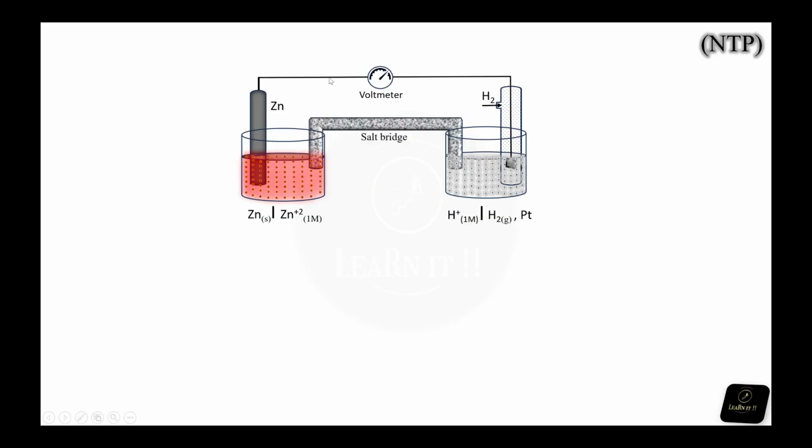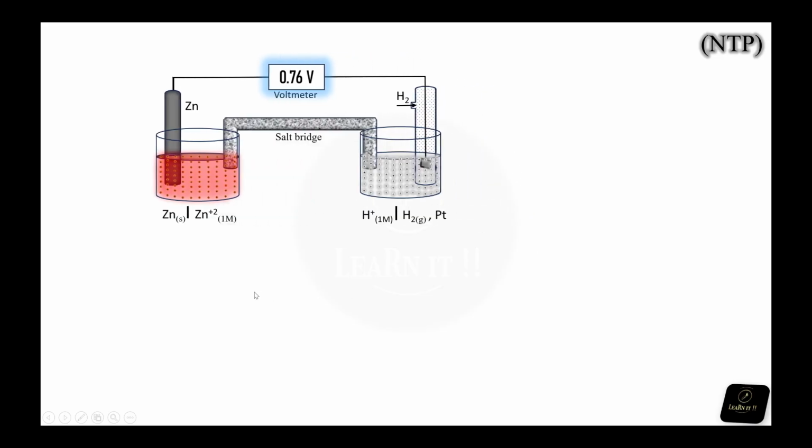And the voltmeter here shows how much zinc is having more oxidation potential. So this voltmeter shows the reading, that is 0.76 volt. It means the zinc is having oxidation potential 0.76 volt more than the hydrogen. So this cell can be represented as